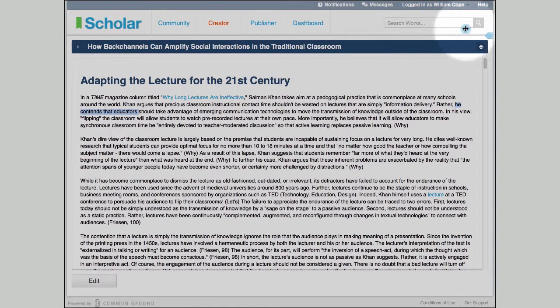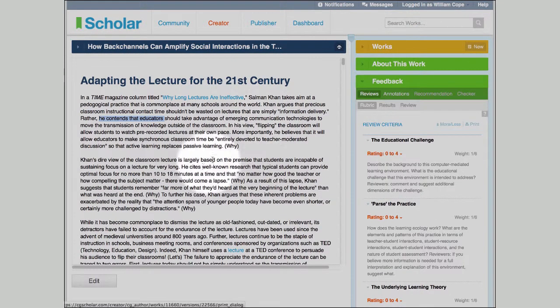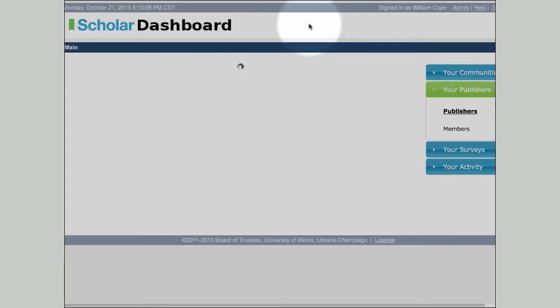So these two sides of the process, the work and the feedback around the work, means that we have an environment here of work and recursive feedback around that work. So in other words, it's dialogue. By recursive we mean not just feedback, but feedback on feedback, feedback loops. So that's one aspect of the recursive feedback that happens in Scholar. The second aspect is in the dashboard area where a number of metrics are performed. So I've now moved